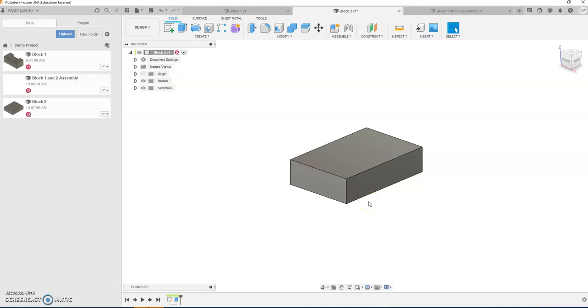Now, there's a little step here that you've got to do. And I think, to me, this seems a little bit silly. In Inventor, there was just an update button. Here, there's not. You've got to save it again. So just come up above. You can click on your little disk here to go save, or you can go File, Save, whichever. But save it here. Go OK. And now that block is saved. Now when I go back to my assembly,